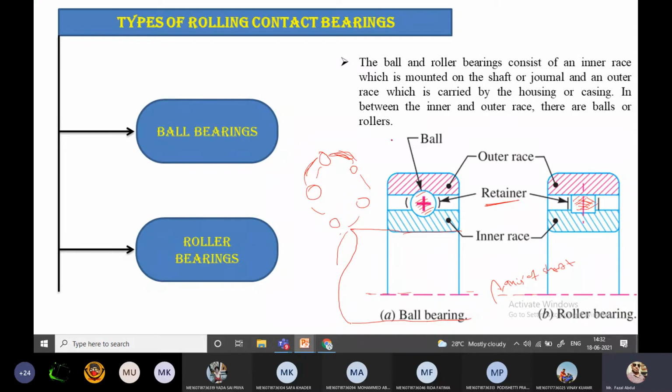Now, coming to the application part, ball bearings are used for light load applications, and roller bearings are used where we find heavy load applications. Okay. Now coming to the